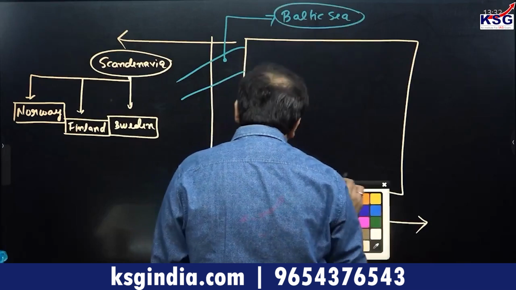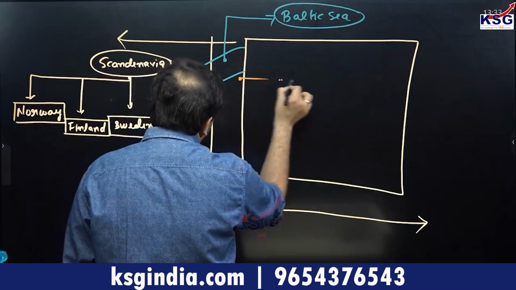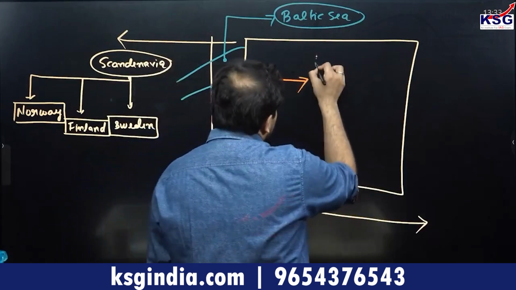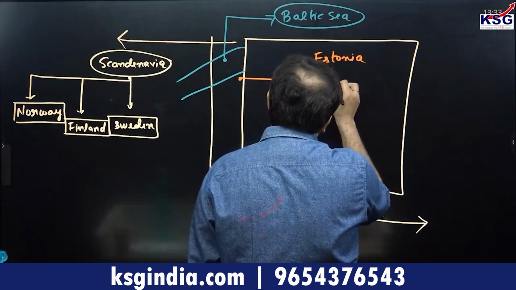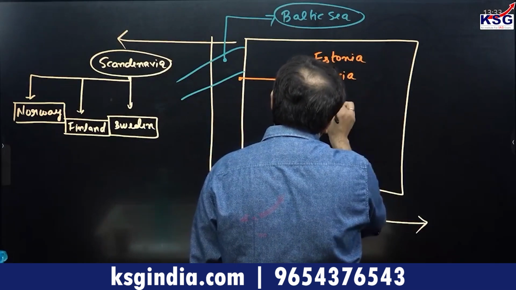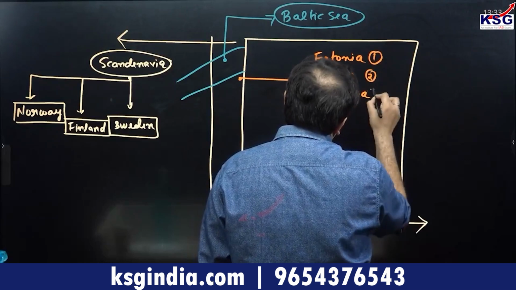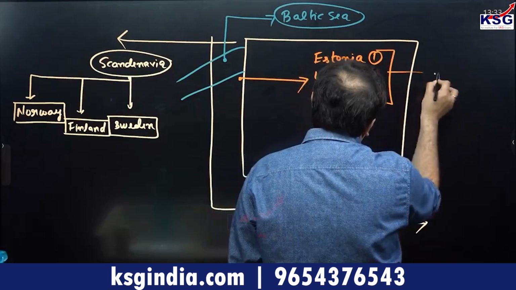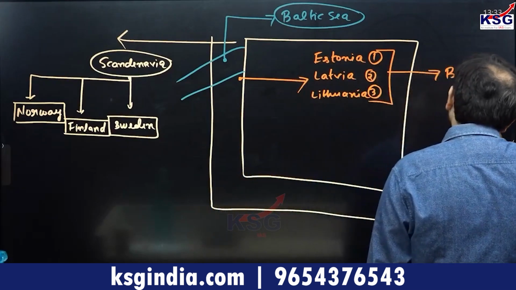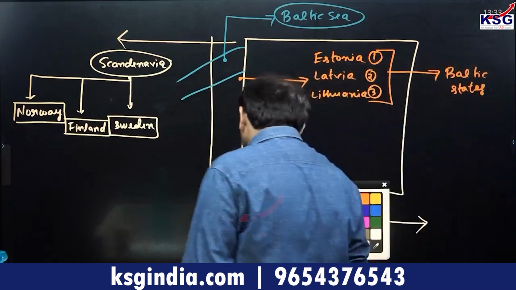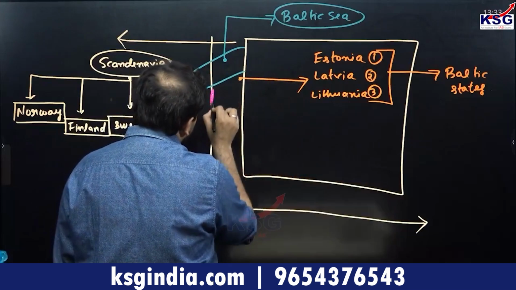Okay, and just underneath the Baltic Sea over here, you have a block of three Baltic countries: Estonia, Latvia, Lithuania. These are three what are called Baltic states. Okay, as you come down from the Baltics, you come into an area over here in Eastern Europe